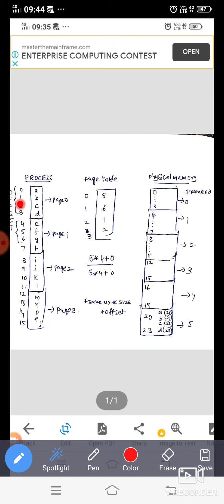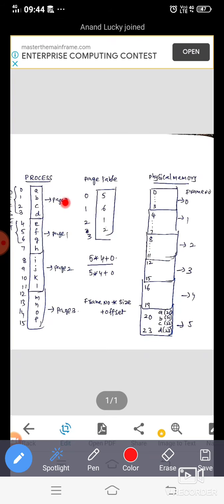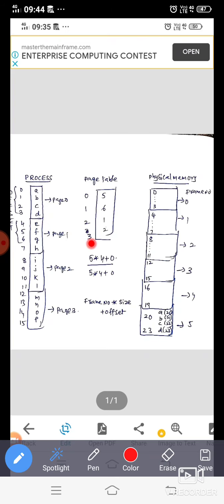If we know the logical address, we are going to calculate the physical address, because we have to locate these pages at some position in the frames. That's why, first you are given the logical address, and you need to find out the physical address. So this is called the mapping between the logical and physical, that is, between the secondary memory and the main memory. This process we call the paging technique. Now let us calculate with the formula.